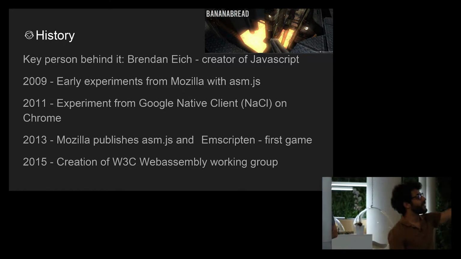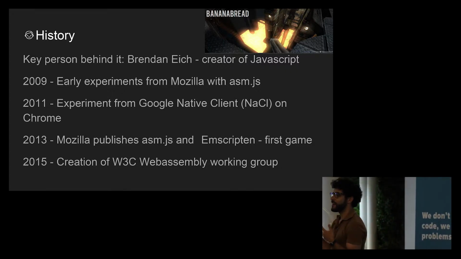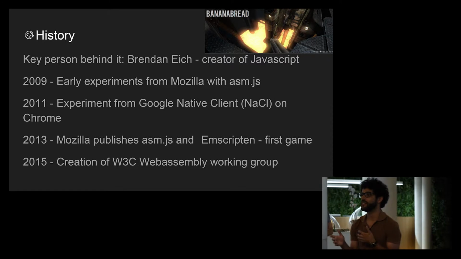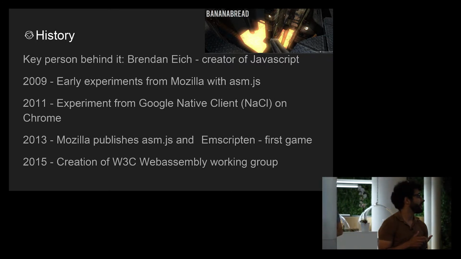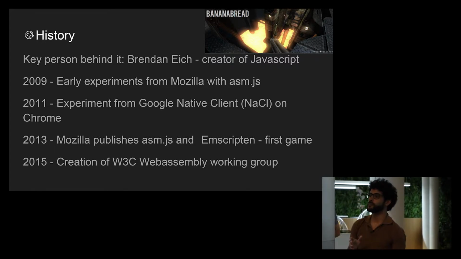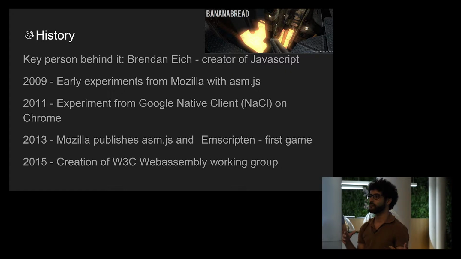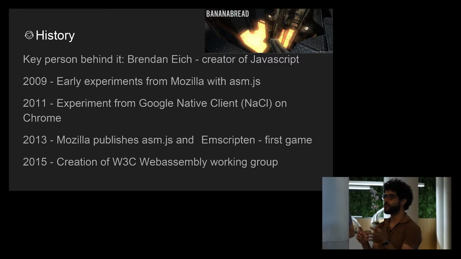The first game they created was Banana Bread, and then they made a joint venture with Unity, and they launched the game in the browser. It was the first game. And then in 2015, they started to make prototypes with ASM.js to create WebAssembly. There's actually a polyfill to run WebAssembly code in ASM.js.